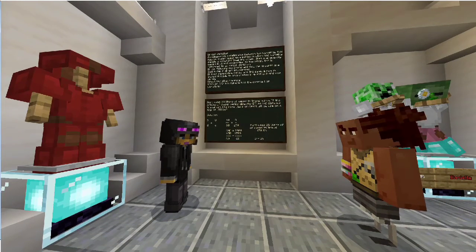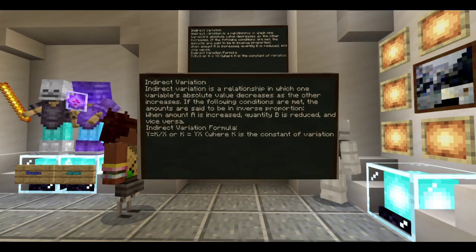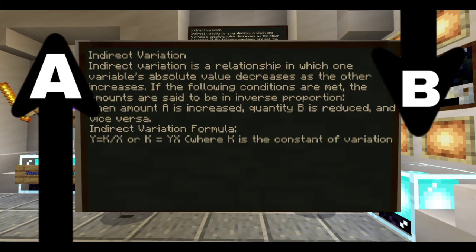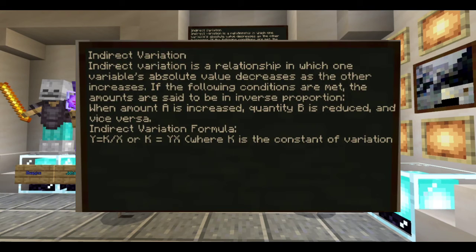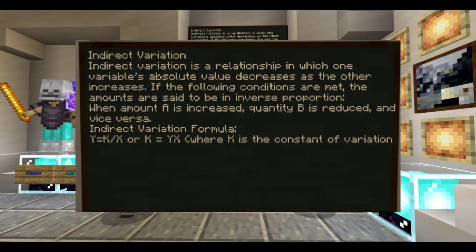And now on the other side, we have Johan to explain what is indirect variation. Indirect variation is a relationship in which one variable's absolute value decreases as the other increases. If the following conditions are met, the amounts are said to be in inverse proportion. When amount A is increased, quantity B is reduced, and vice versa. The indirect variation formula is y equals k over x or k equals yx, where k is the constant of